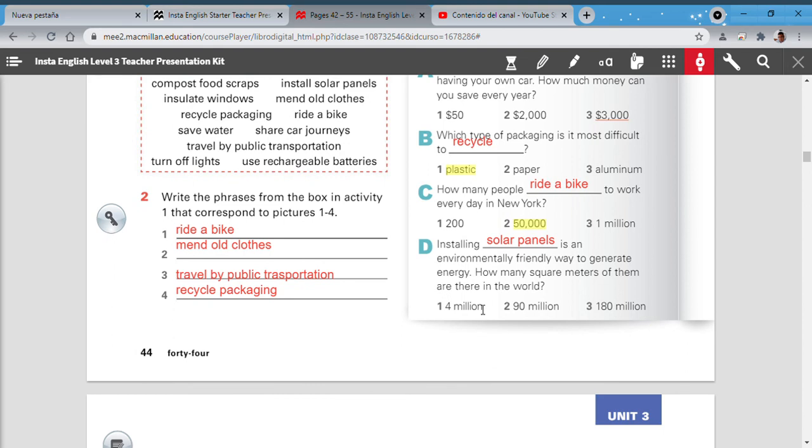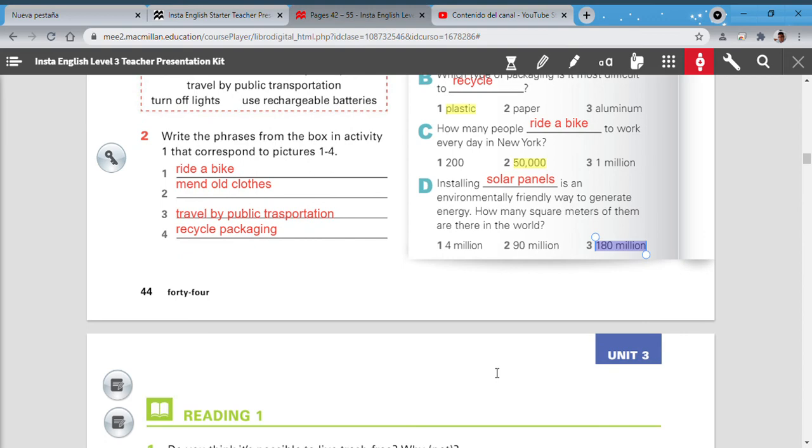Now, installing solar panels is an environmentally friendly way to generate energy. How many square meters of them are there in the world? 4 million. Remember, we're talking about the world. No, no Cañete, no Lima, no Peru. The world. 4 million, 90 million, or 180 million. In the world, yes, 180 million. Okay,